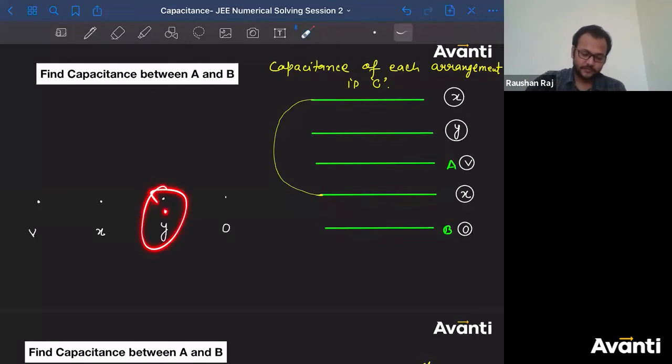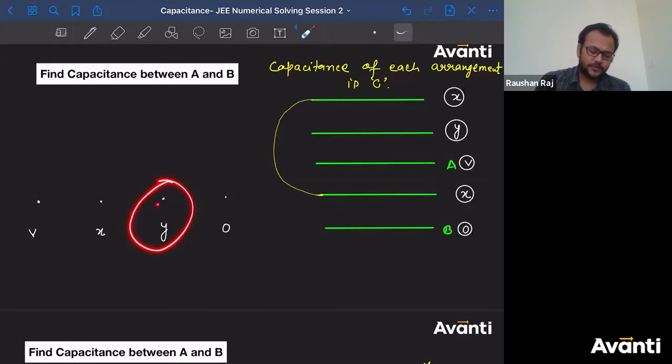You can also shift Y here. It all depends on how you want to arrange it. Sometimes if you write like this, you might not get the desired or simplified arrangement, so you might have to move this point somewhere else to get a better arrangement. It's not like they should be in a straight line. There's no significance of that. We just have to maintain that all the plates are given the same potential as we have denoted here.